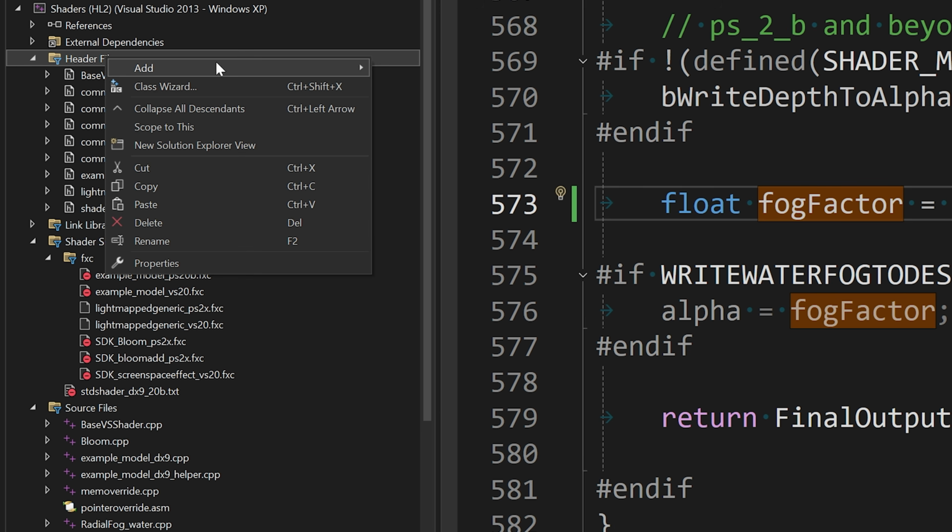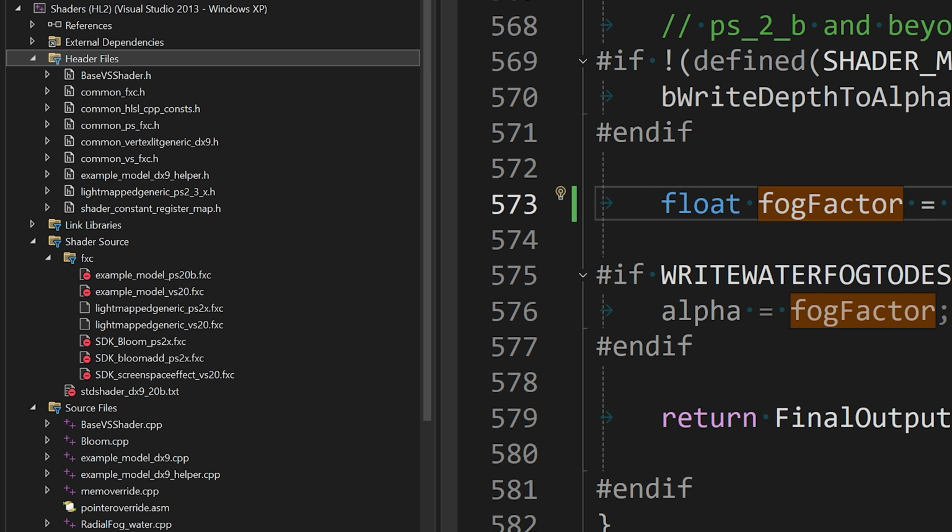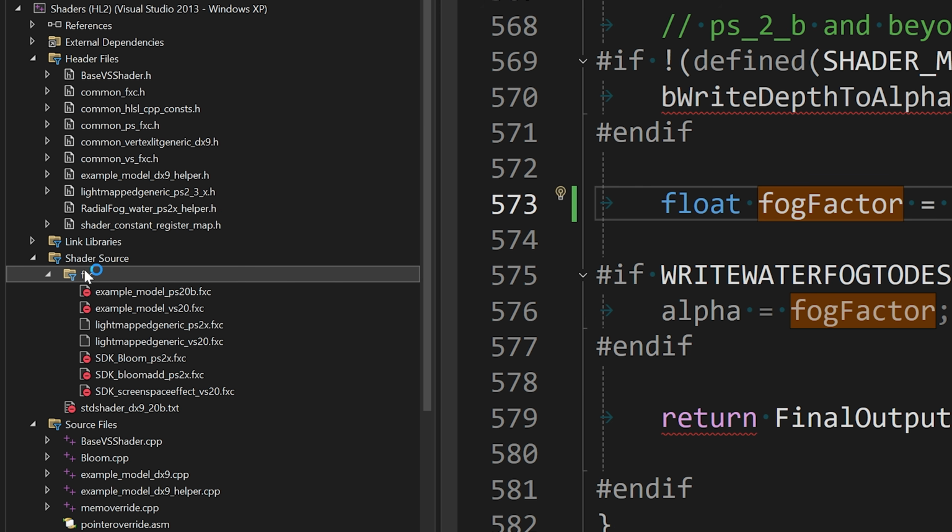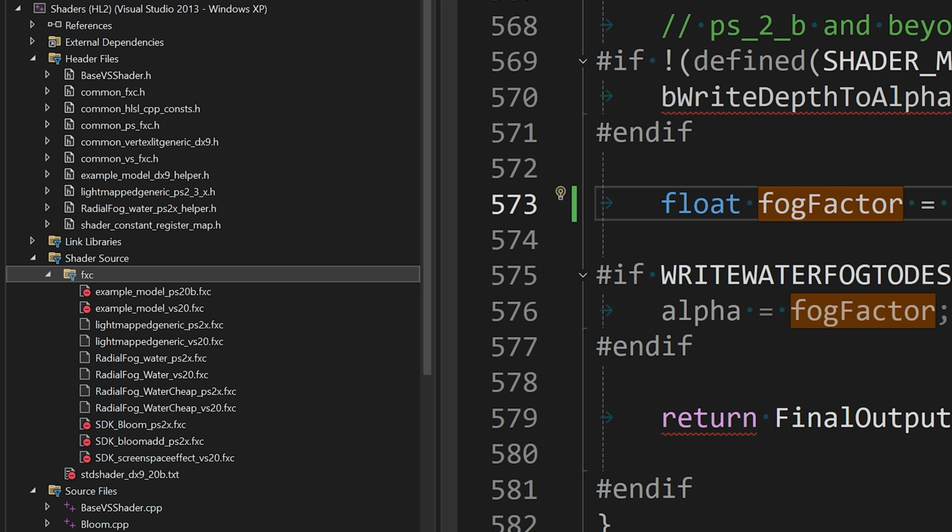In the header files, add radial fog water ps2x helper.h, and in the shader source fxc filter, add the fxc files: radial fog water ps2x, radial fog water vs20, radial fog water cheap ps2x, and radial fog water cheap vs20. Now you want to open up